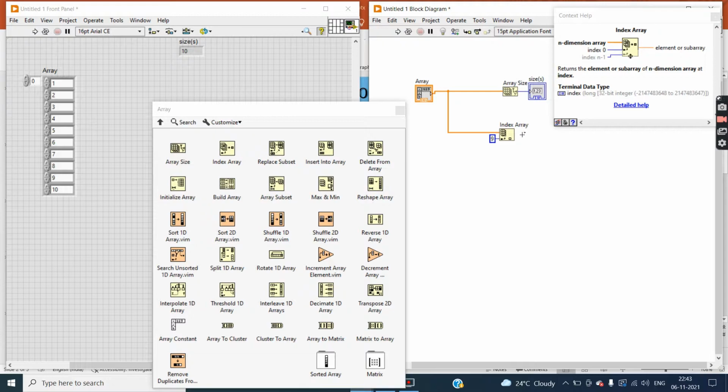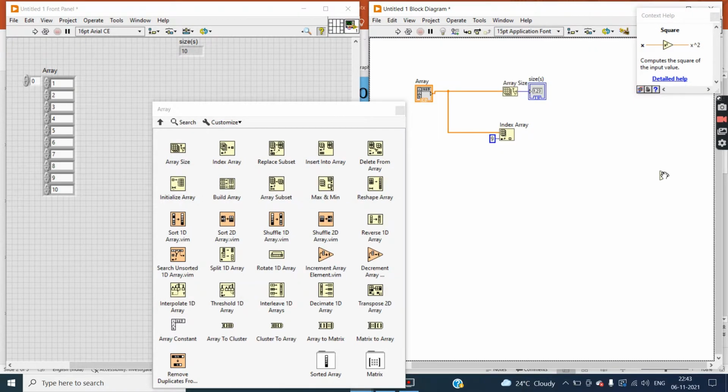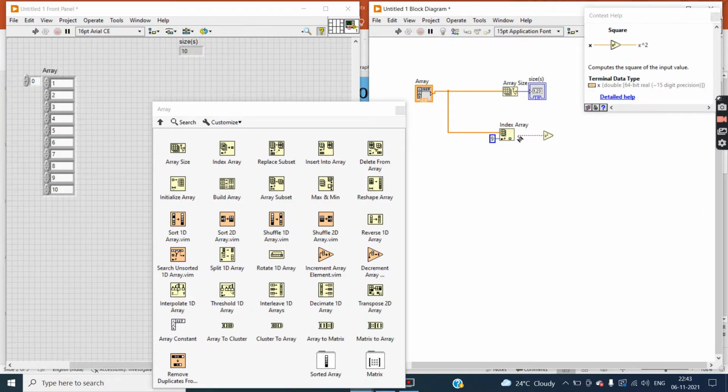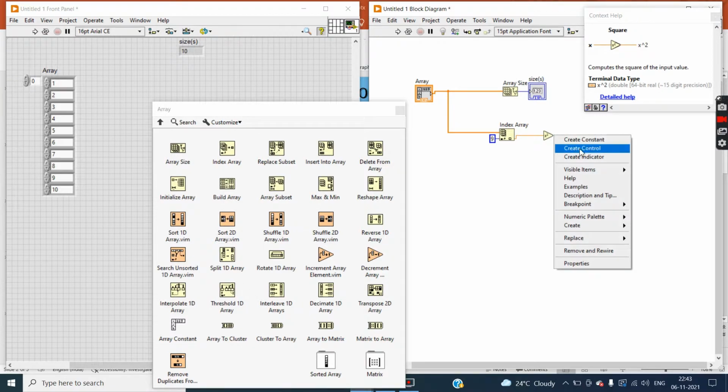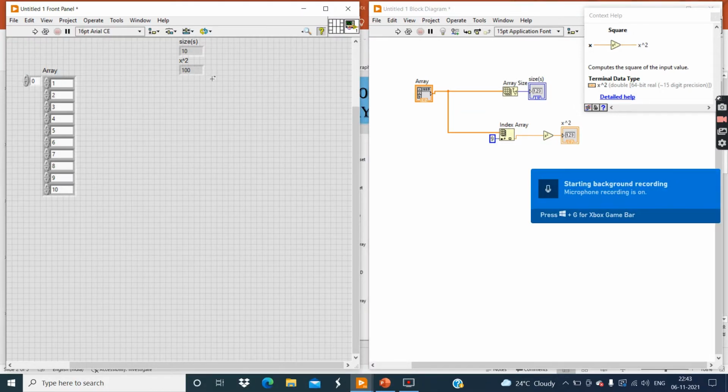Then right click, go to the numeric palette and click on square. Now connect this square to an indicator and create the indicator. Now click on the run button. You can see the square of 10 is 100.